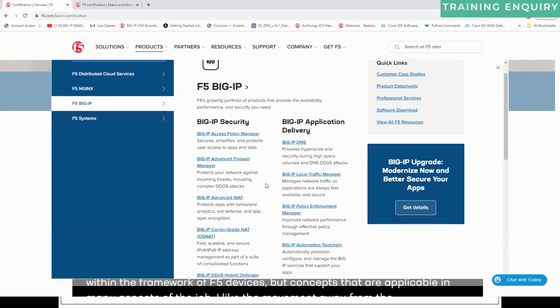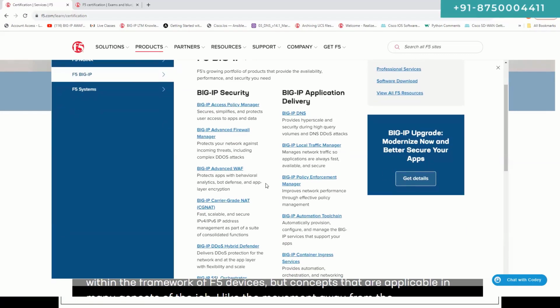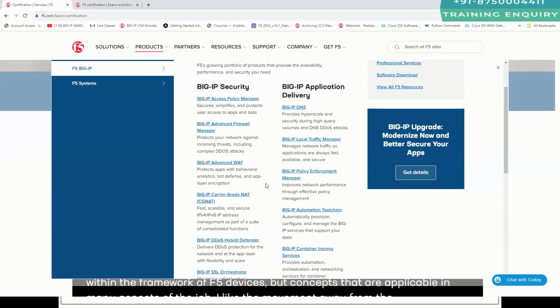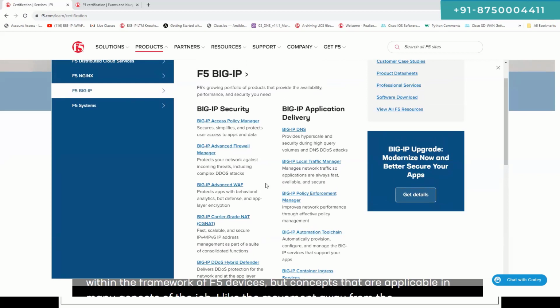But on top of it, you install the module, and that defines the role of this BIG-IP in your infrastructure. Whichever module you activate on this BIG-IP, it will act accordingly. For example, if you install the AFM module, if you install the license of AFM and activate that module on your BIG-IP, then it will work as a firewall. Or if you activate the license for APM, then it will act as an APM,